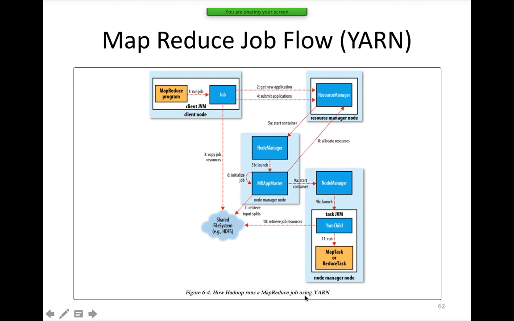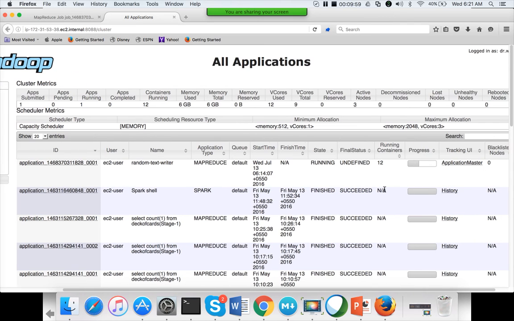This is in contrast to the classic, where the job management is done by the job tracker itself. That is why the job tracker can become a contention point on a larger cluster. That's why in YARN they have decoupled the resource management and job management. The resource manager is only responsible for the resource management at the cluster level, and per job management is delegated to the application master.